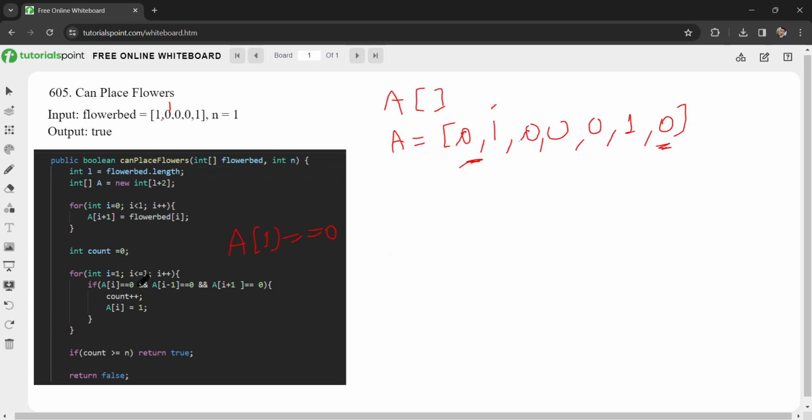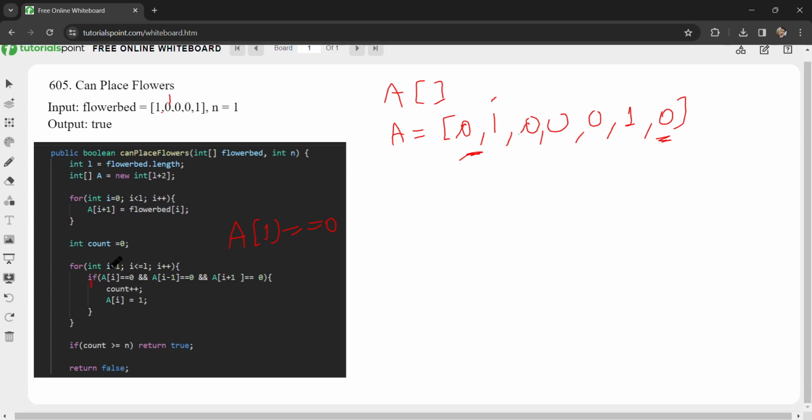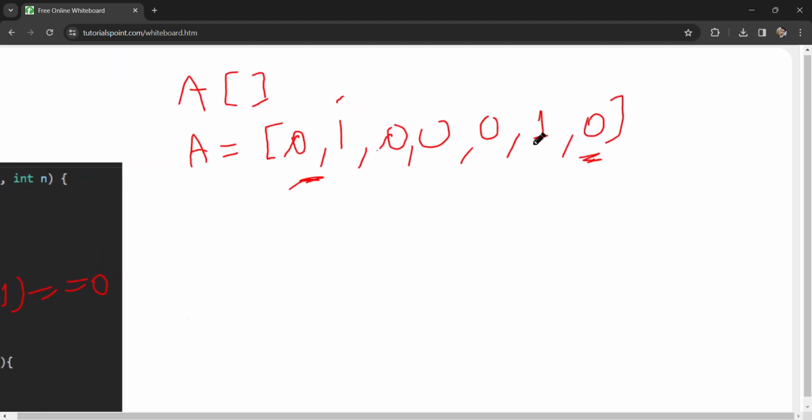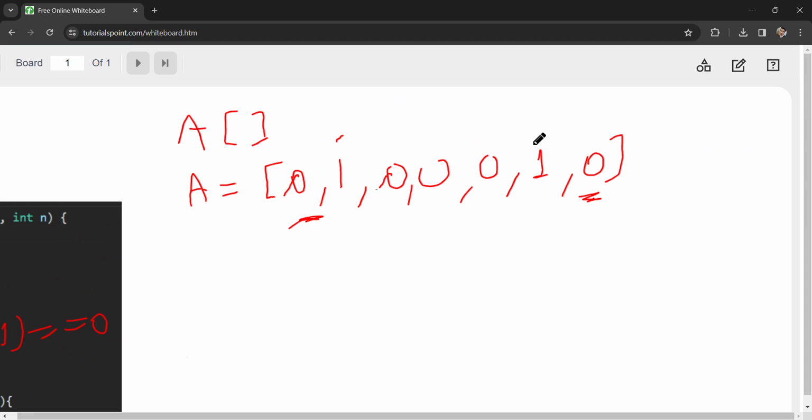But a of I is not equal to 0, so it will not go in this condition. And then again, when I would become 2, it will also not go in the condition. Then when I will be 3,